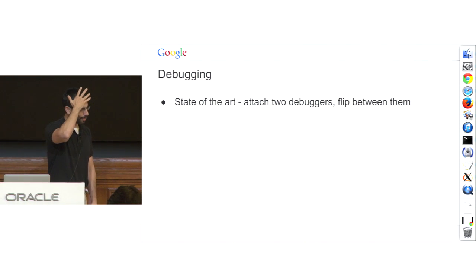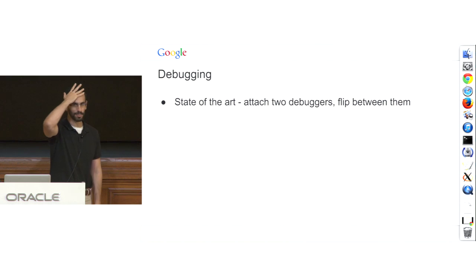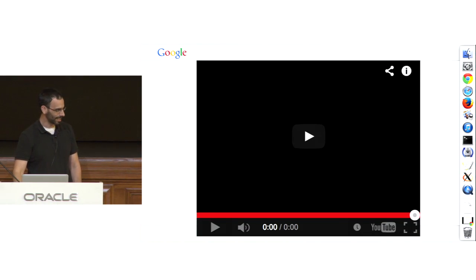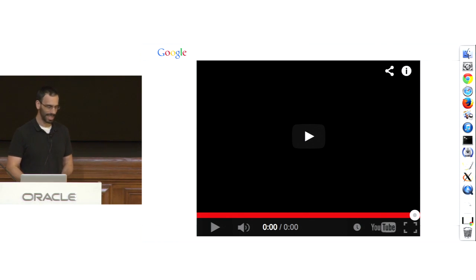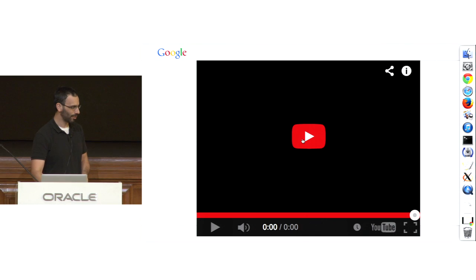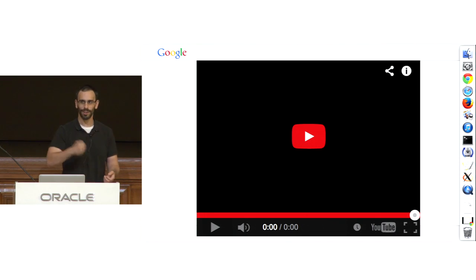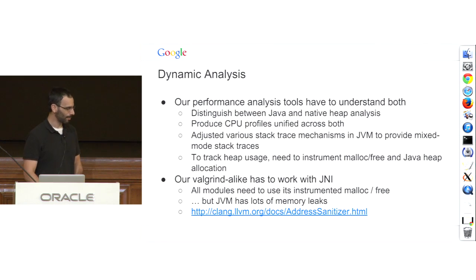And this is sort of like the one thing that I'm probably the most proud of that I'm going to talk about in this talk, which is that, and you won't be able to see this video, I didn't want to do a live demo, but we made GDB understand both native and Java stack traces. We are desperately trying hard to get this pushed up to GDB. If any of you can hammer on the GDB general maintainers and make them take it, then,